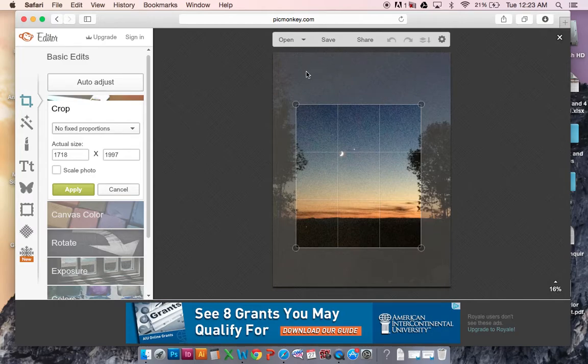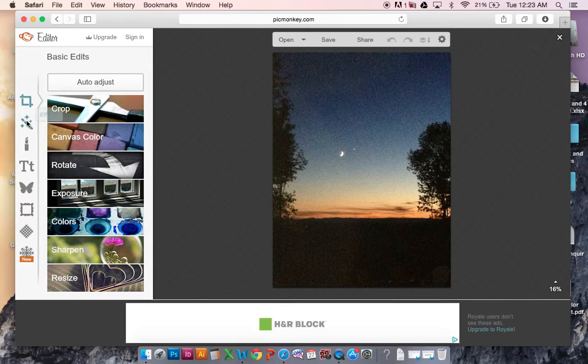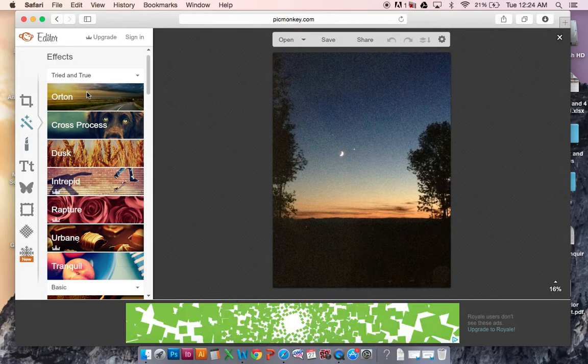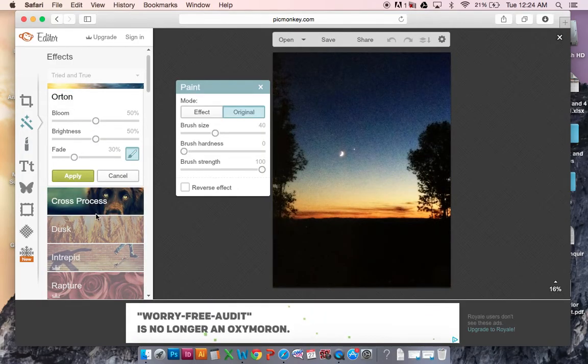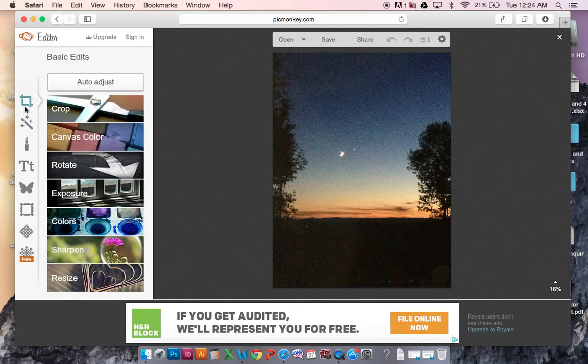I'm actually not going to crop this right now because I actually like it the way it is. I'm going to go to the next button, which is all these special effects. Really cool. So you'll see there are a million of them. Oh, I forgot. There is something I'm going to do under the crop button here. If I go down to